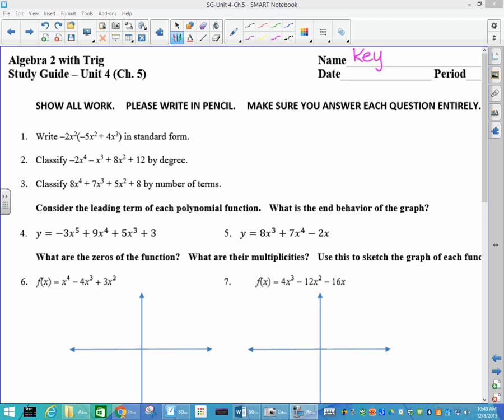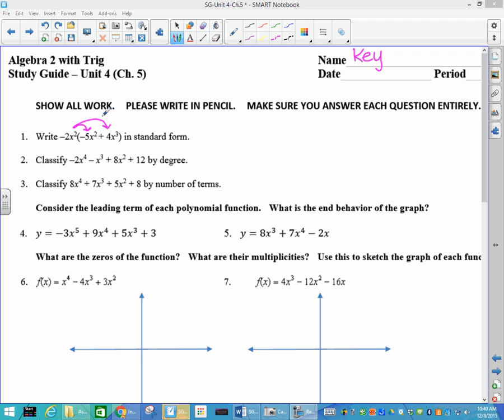This is our study guide for our test on Unit 4, aka Chapter 5. So listen closely, there will be some things I reminded you in class, but in case you tuned out for a moment, you can pick them up in the video. So first question, write the polynomial in standard form. When you have something in standard form, you've got to make sure that the expression is as simplified as possible. So in this case, we will need to distribute our